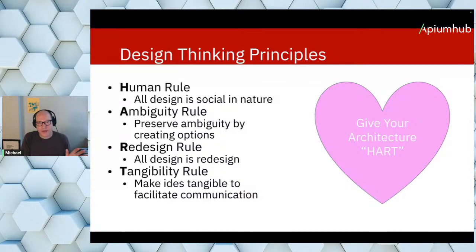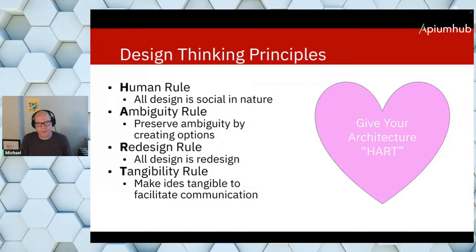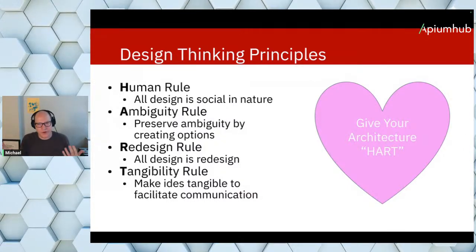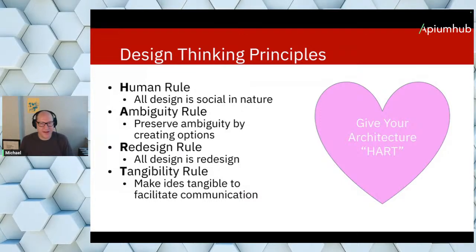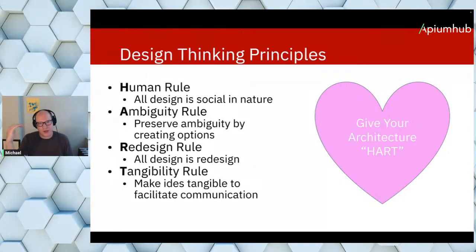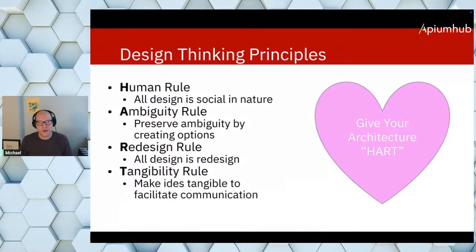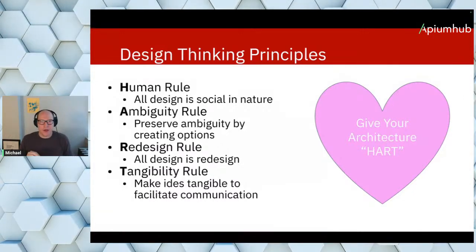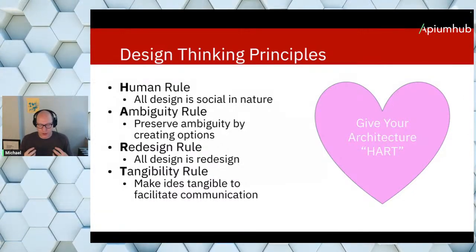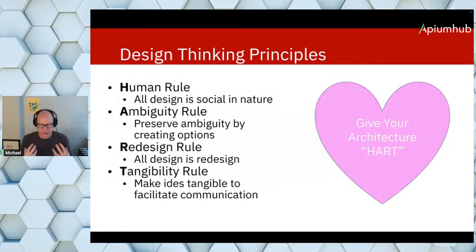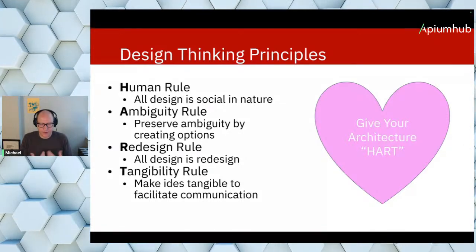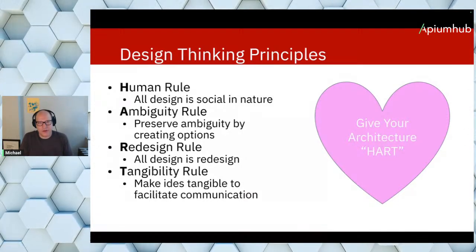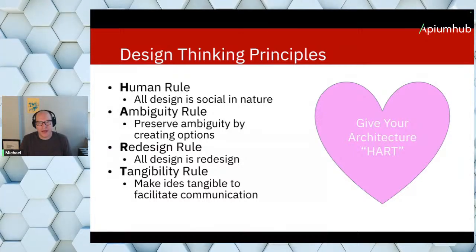And then the other half of this is these principles, okay? Which I call the HEART principles, a bit of an acronym to help remember it. So the human rule, ambiguity rule, redesign rule, tangibility rule, HEART. Okay. With these things, what we want to try and do is get you thinking about sort of how to go about these things. These are like the rules that we play by anytime we're doing